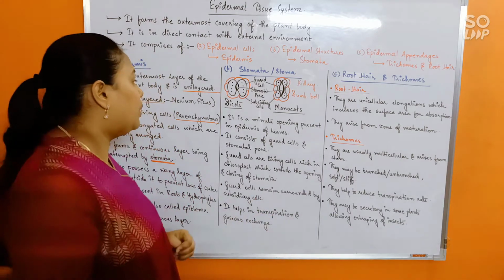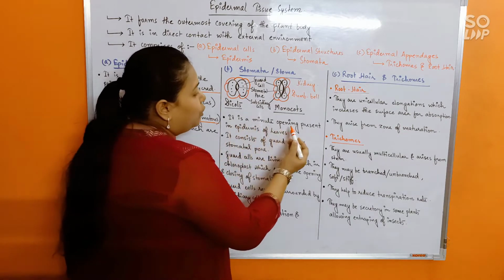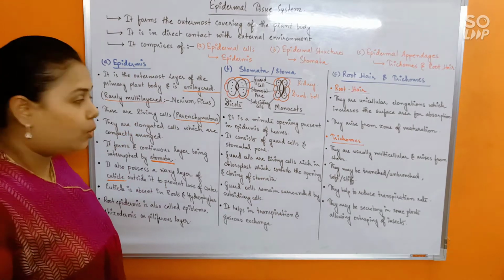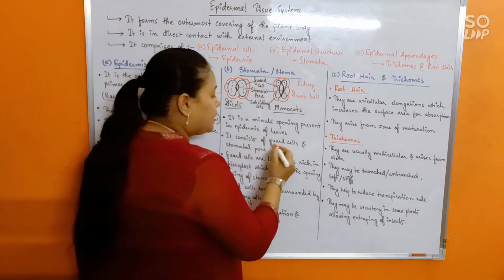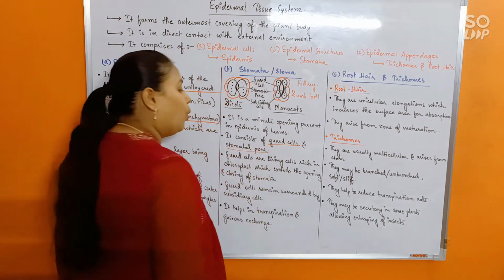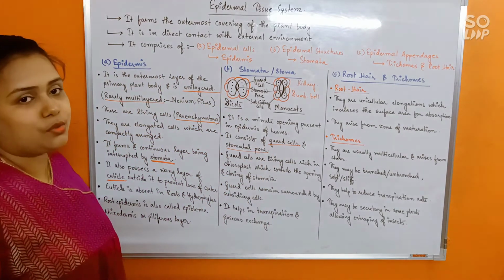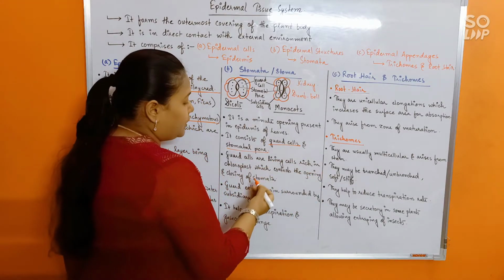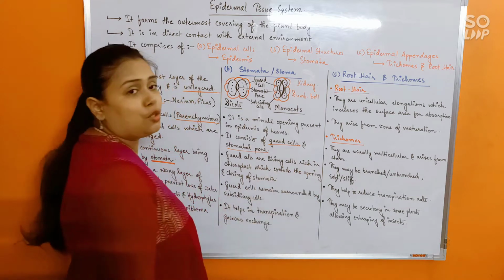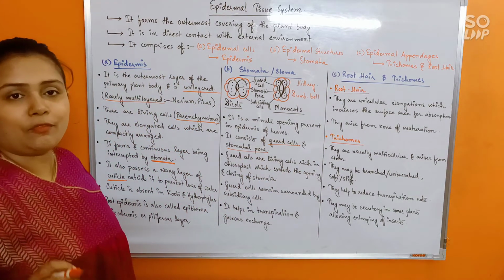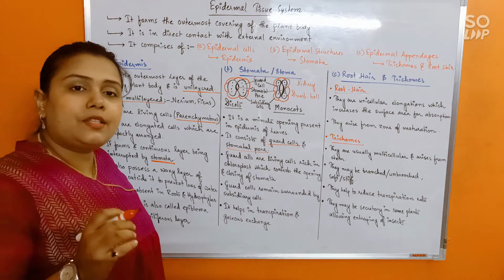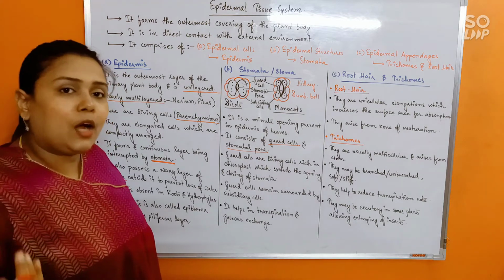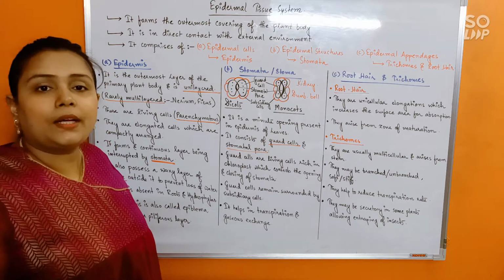Alright, so let's see what it is all about. It is a minute opening present in the epidermis of the leaves. Mostly stomata would be present in the leaves. Now, it consists of the guard cells and stomatal pore. They are the most important structures associated. Now, guard cells are living cells that are rich in chloroplast, which control the opening and closing of stomata, which I have already told you is what you have to remember in this chapter. The guard cells swollen, water has entered them, then stomata open; water runs out, guard cell shrinks, stomata closes.